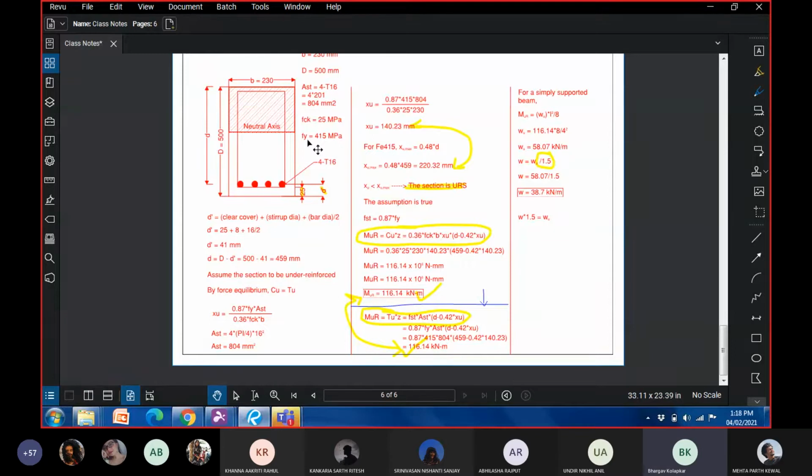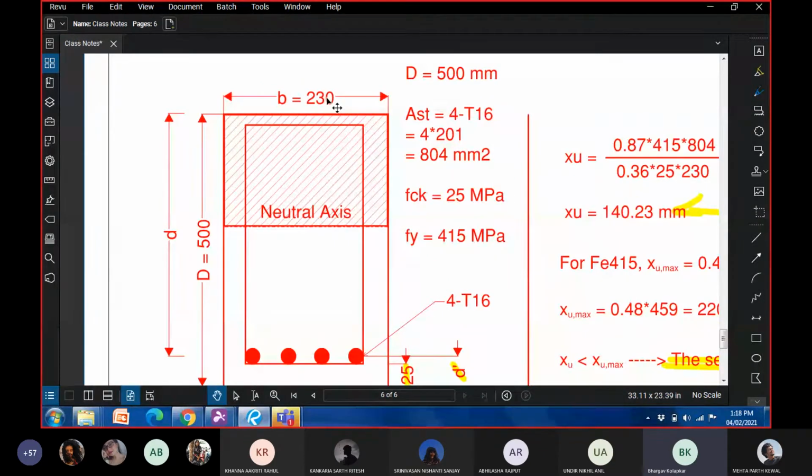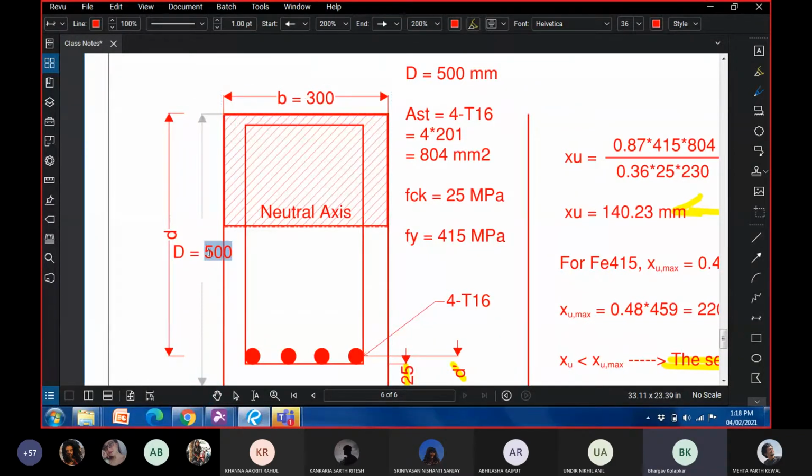Consider the beam made of M30 concrete and Fe 550 steel. Okay, so the given data is the width of the beam is 300, the total depth is 600,